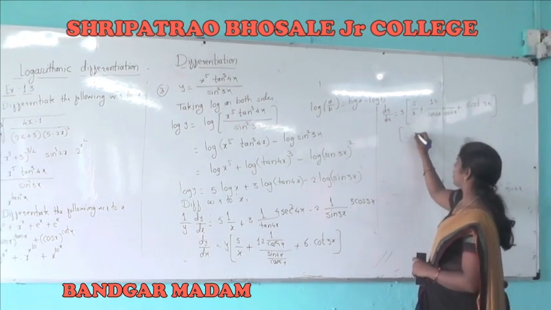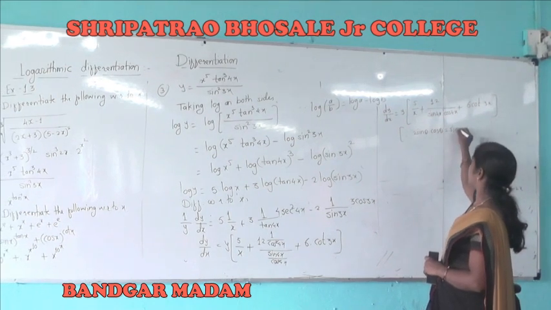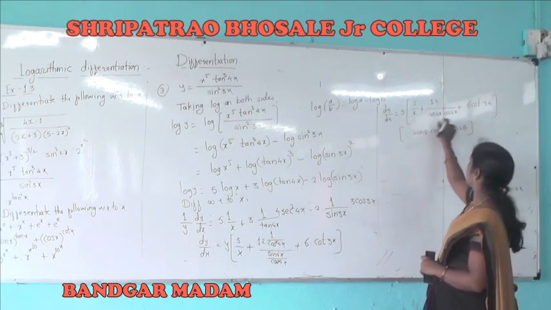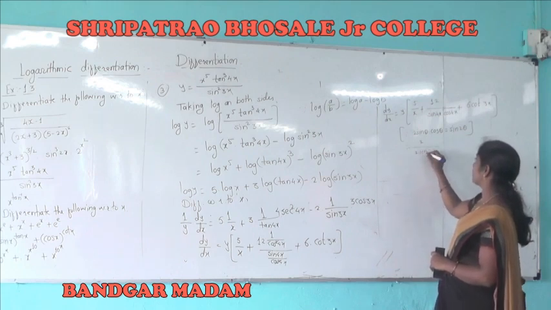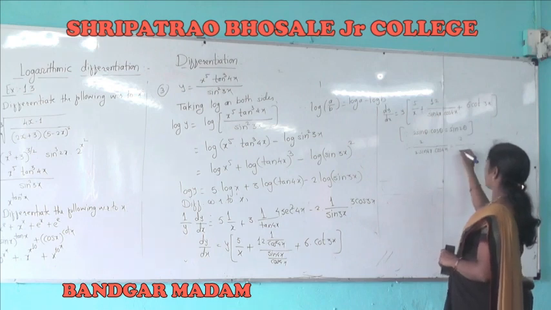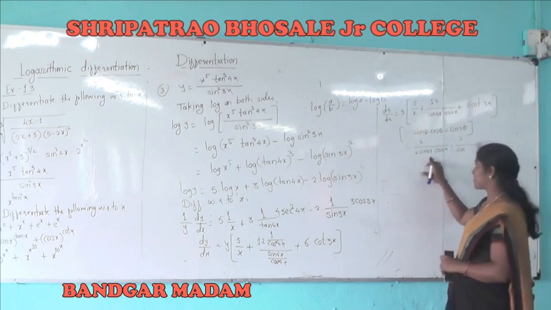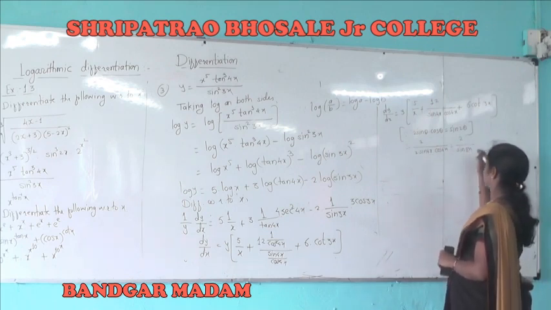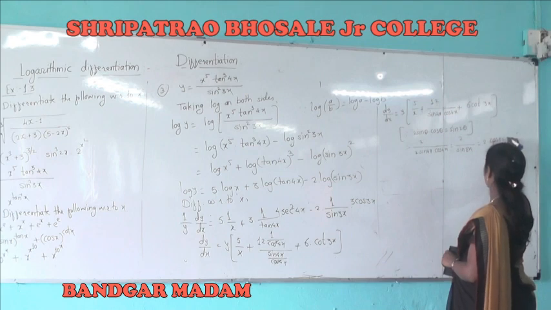Now this is sin 4x into cos 4x. We know the formula for 2 sin theta cos theta is equal to sin 2 theta. So we can multiply and divide by 2, and 2 sin 4x into cos 4x will be 2 upon sin 2 theta. We have to double this angle. Here there is 4x, so 2 times 4x, that is 8x, and 2 upon sin 8x. 1 upon sin is cosec, so we will write it as 2 into cosec 8x.